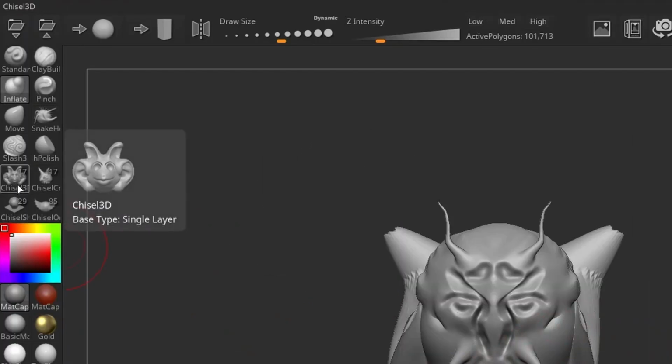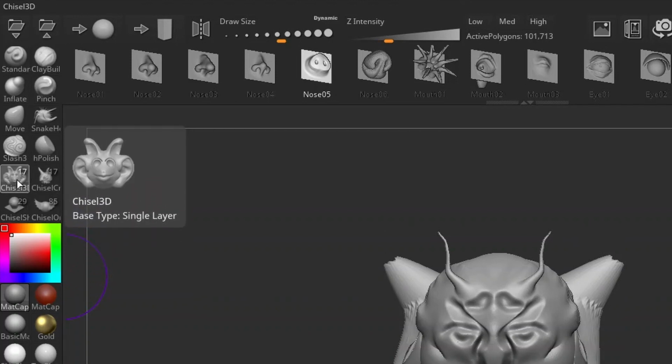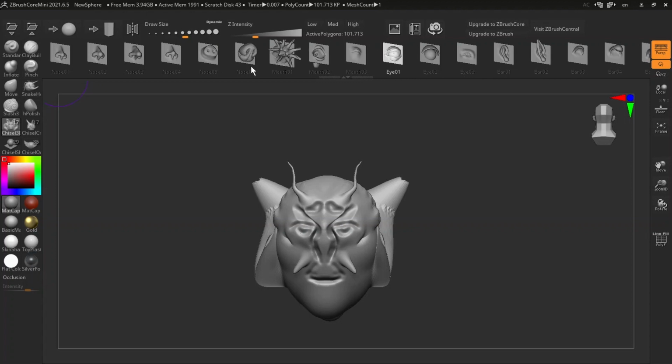What is so special about ZBrush, I find, is the chisel, which you can find at the very end of the brush feature. It is basically already ready-made models. In this case, we see there are some noses and different forms that we can add to our model, so it gives us fast manipulation if you want to build something realistic or, let's say, fantastic, to create a monster or so.